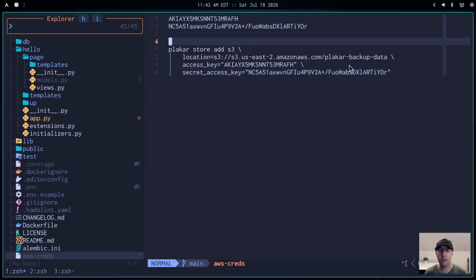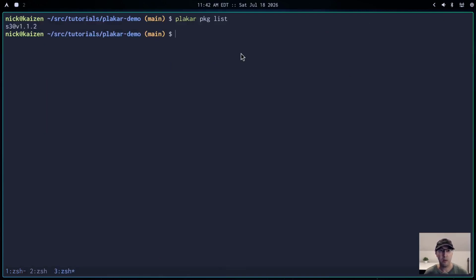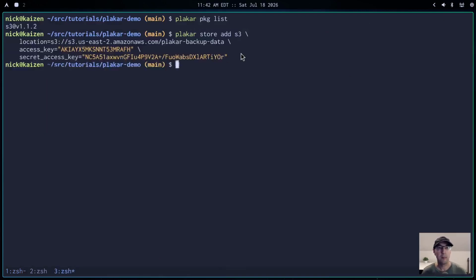So then we can go and run this command here in our terminal. Right now we're just doing another alias here for S3. Again, we're going to name it S3, but you can name it whatever you want. So here we go. We do that. And then it's going to be added. And if we go and take a look here,